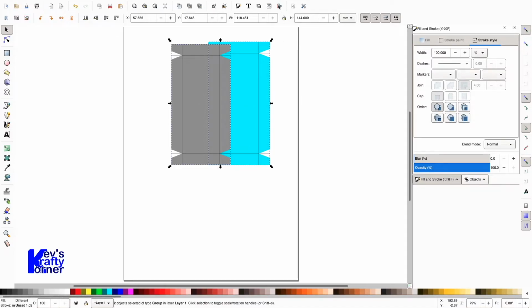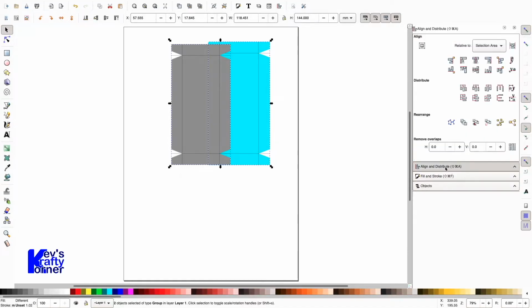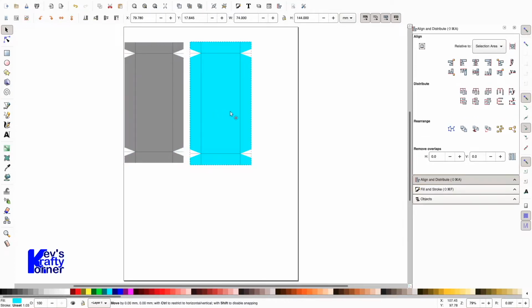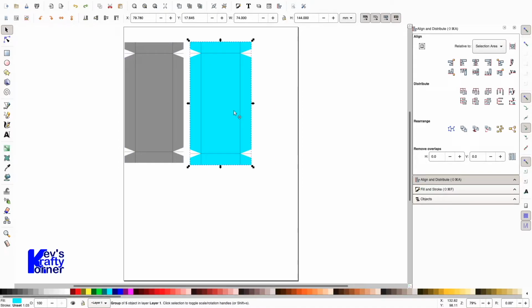So for that aligning, you need this option here. So we go to align and distribute. We've got them both selected, selection area, center them, top and bottom, and as you can see now that's going to sit slightly over the top when we cut them. Fan-dabby-dozy. Now one thing to remember, and let's put them back together again, Command Z,